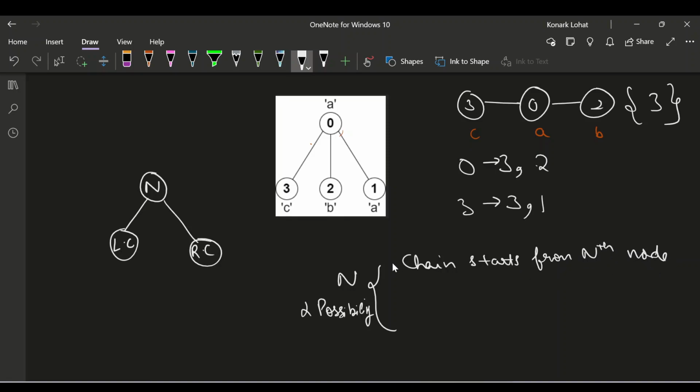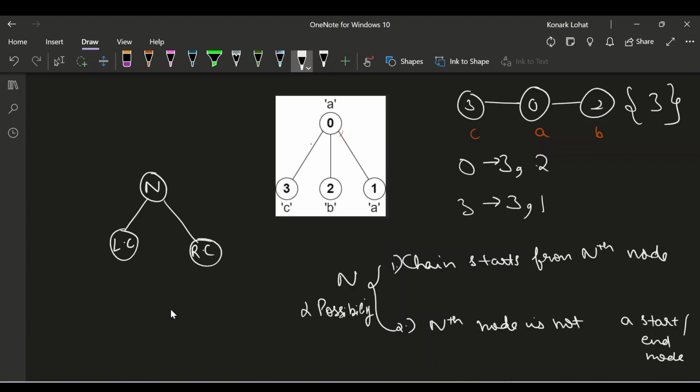The second possibility is that the nth node is not a start or